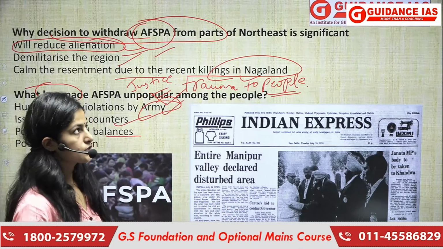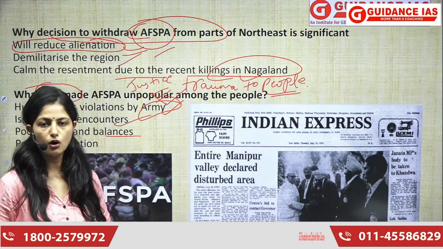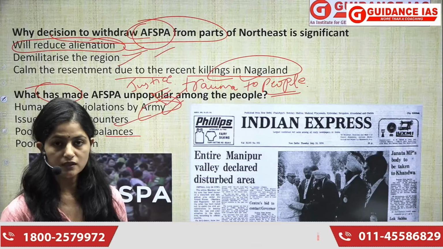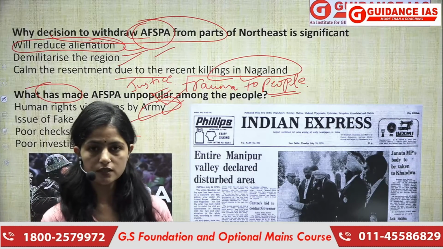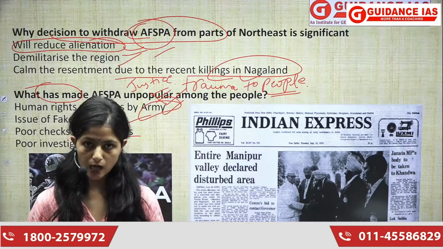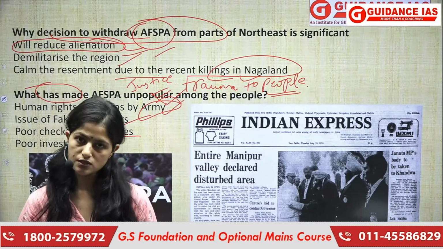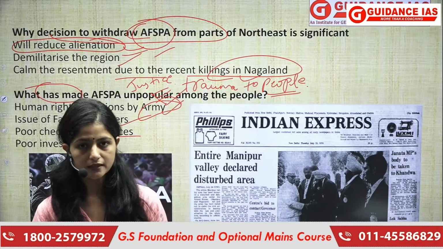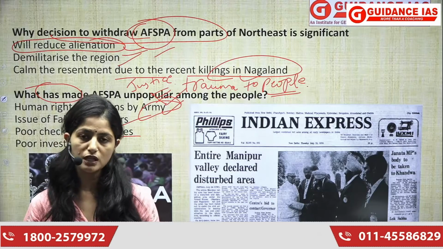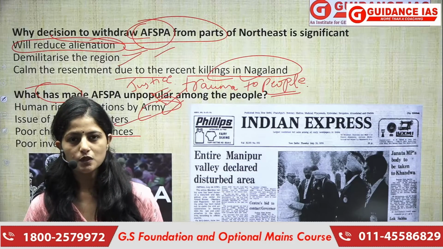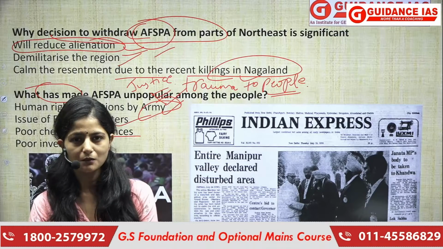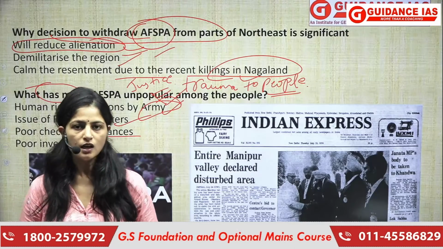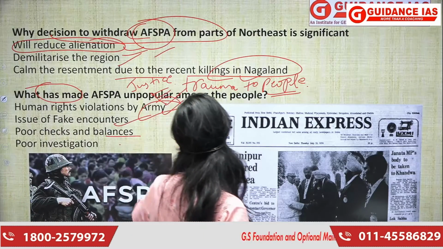But ideally, it's not that there is no law which says that there should be a coordination between the district administration and army. There is definitely a law which talks about a coordination between the armed forces and the district administration so that the justice could be delivered. Okay? There is also a law which says that there should be better communication or coordination again between the central and the state government also. But at times we see that these rules don't get followed, or rarely these rules get followed. Okay? So these are some of the problems where we lack in the checks and balances.